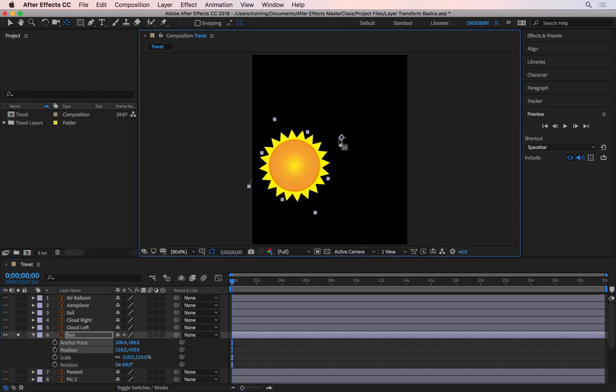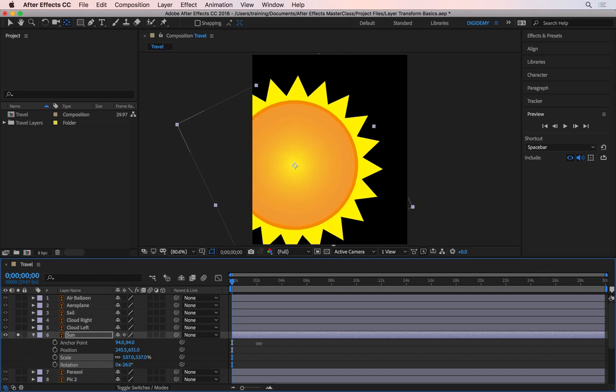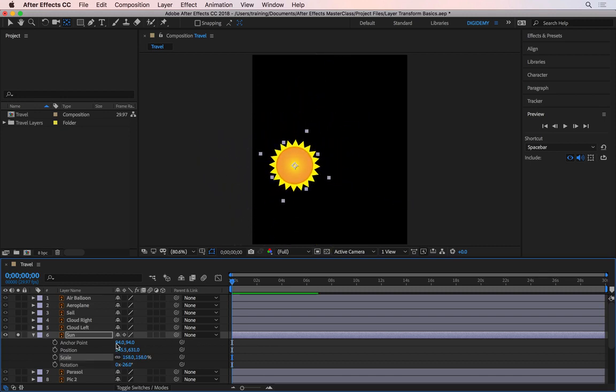Whereas before, if I just move the anchor point back to the center, the rotation was happening from the center of the layer as well as the scale. So if I go to the scale or rotation here and then just change these, you see it's rotating around itself. Same thing with the scale as well, it just scales from the center of it or away from the center like that. Whereas if you move the anchor point somewhere else, let's say I move the anchor point here,